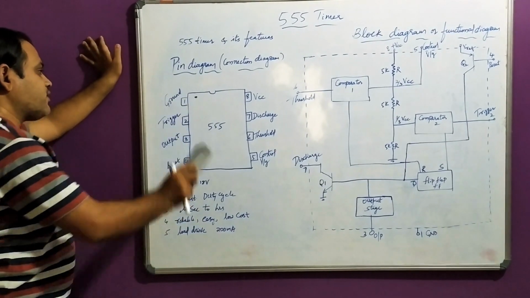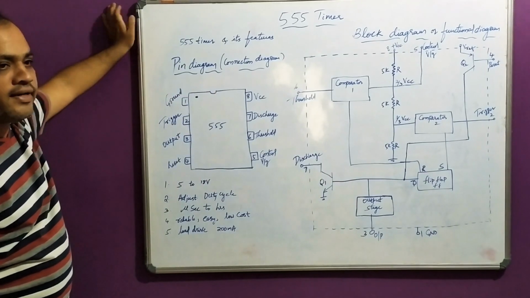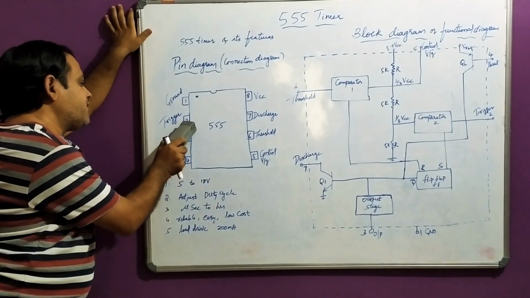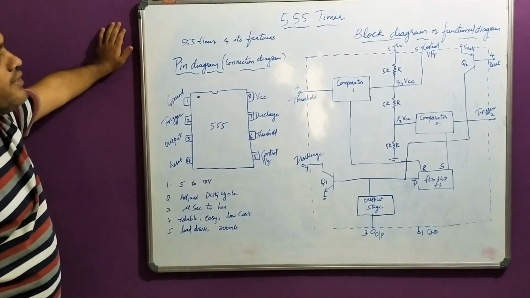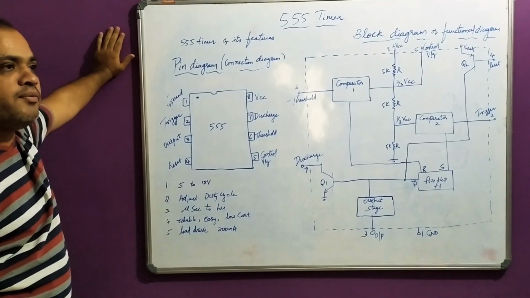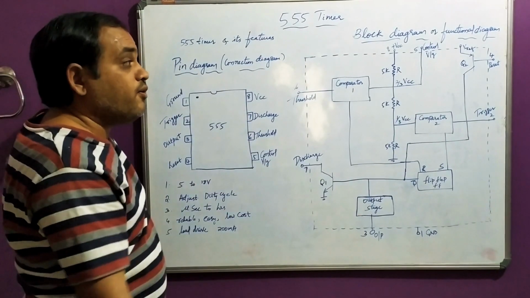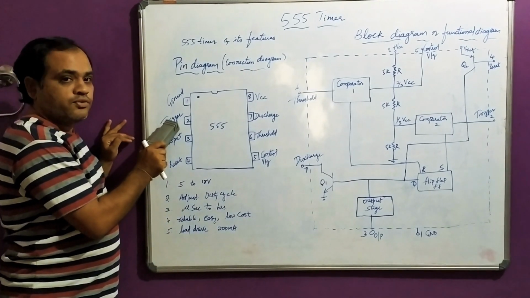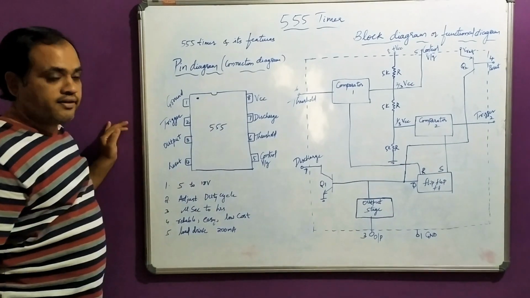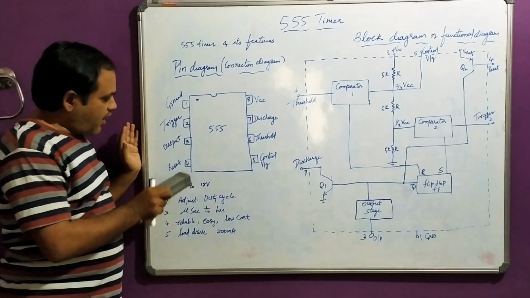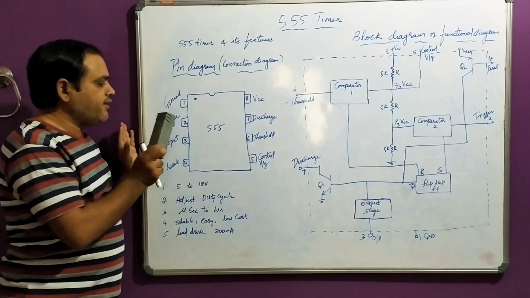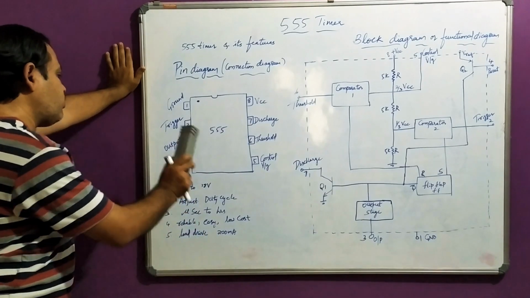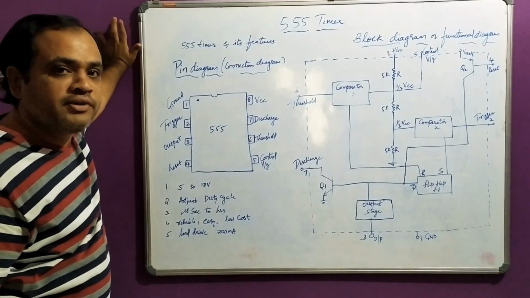Pin number 1 is ground. All the voltages or connections are made with respect to this ground connection. The second pin is trigger. Trigger means a pulse, a negative going pulse, is given externally to the 555 timer, such that the output of the 555 timer is dependent on the applied triggering voltage. When I come to the output,